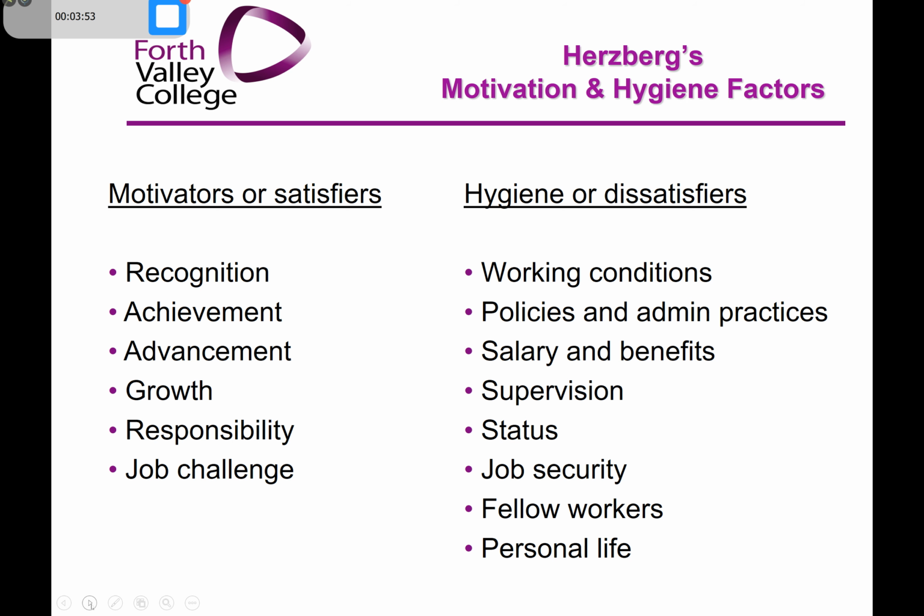If you think about Maslow's hierarchy of needs, the hygiene factors are really your first two levels. You know, the working conditions, salary and benefits, supervision, job security. So the physiological needs and the safety needs. But with Herzberg, we call these hygiene factors. So it's really important that we make sure that the hygiene factors are good, that they have been provided properly. Otherwise, you're not going to have a happy workforce, and they're going to be unhappy if they're not there.